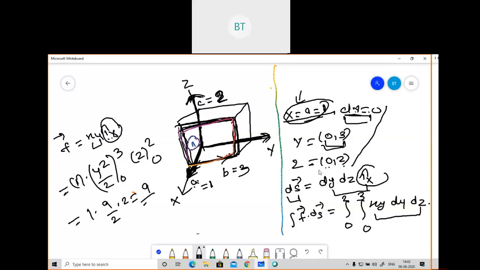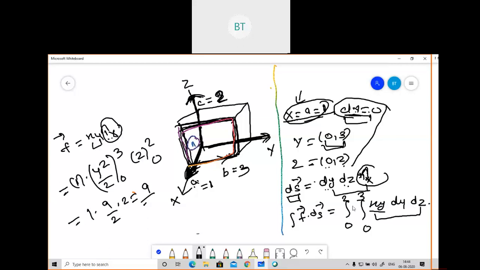Now what you need to do is substitute. You know the formula for surface integration. So ds will represent the surface element, which will be dy dz I cap x. Since dx is already 0, we can't write dx here. dy is varying, dz is varying, and the direction is towards x. We're talking about the x direction, so I will write I cap x, and dy dz is written as it is.